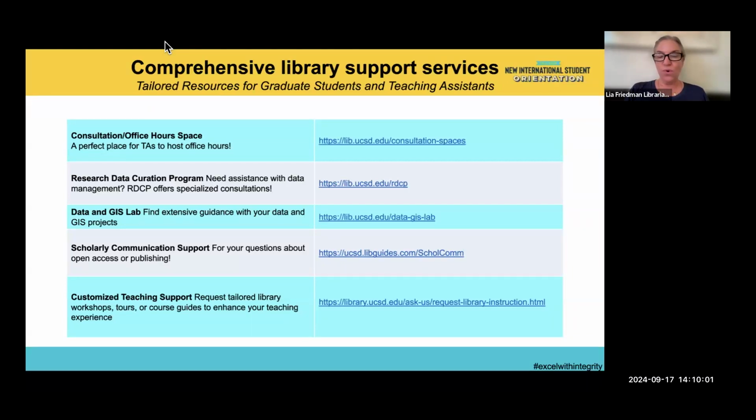We have a whole section here for scholarly communication support, for questions about open access or publishing, and I strongly recommend that you get in touch with them if you have any questions about any of that. And then you remember that I was talking about those guides that we have, those LibGuides. What you'll see here is that, in a lot of cases, we are very open to creating a guide for your class, if you're teaching a class,